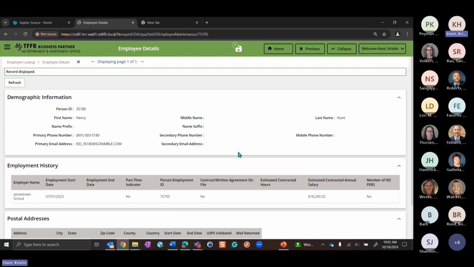Now, the next thing you have with TFFR comes to service retirement and having to validate or verify their salary information.